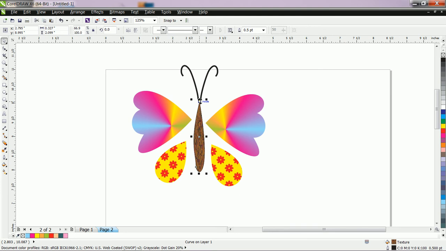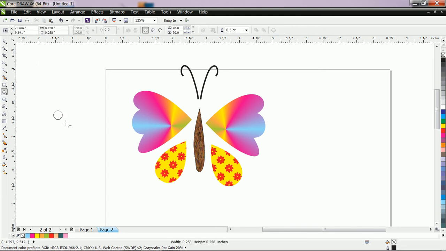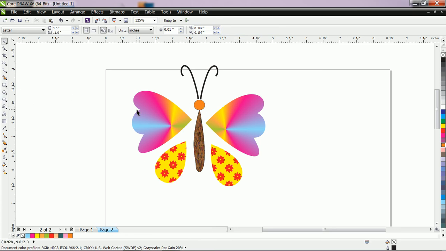You can also edit this drawing as per your choice. Suppose I want here something simple like this. I want with color. I want a little bit eyes.